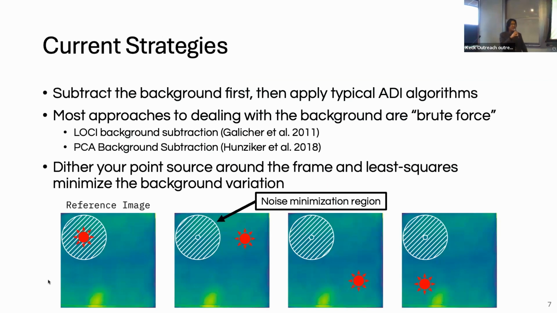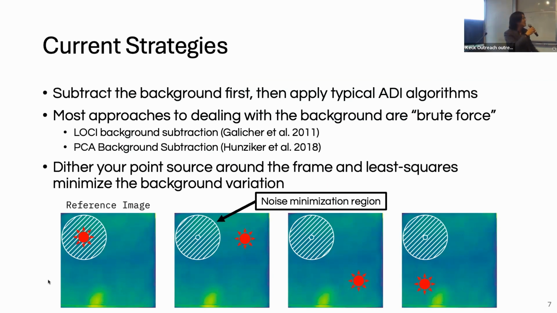And so current strategies to mitigate the background, when we want to do our exoplanet science in M-band, specifically you want to subtract the background first, and then apply your typical PSF subtraction algorithms to do direct imaging science. But most approaches to dealing with the thermal backgrounds are kind of brute force. They're really just noise minimization techniques. And so the current state of the art is this LOCI background subtraction, and then someone iterated on this,